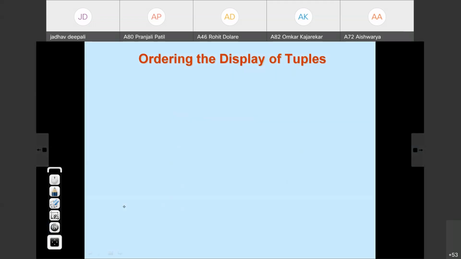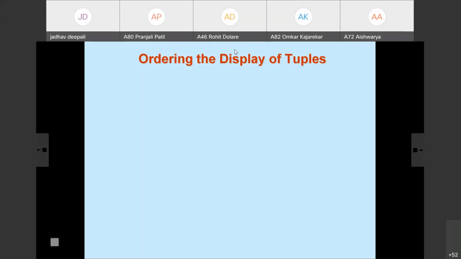Now, ordering of the display. So ordering the display of tuples. We have seen the order of display is not fixed. Whatever order is given in the table or relation, it is displayed as it is.